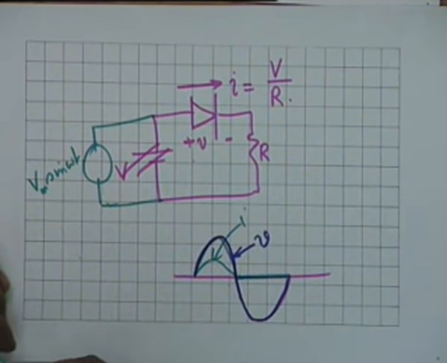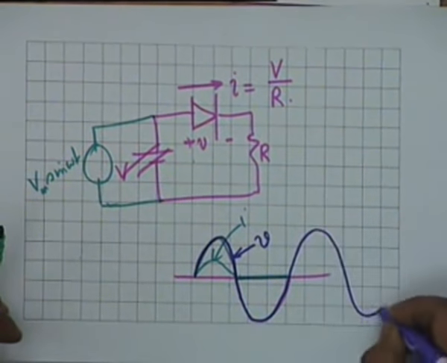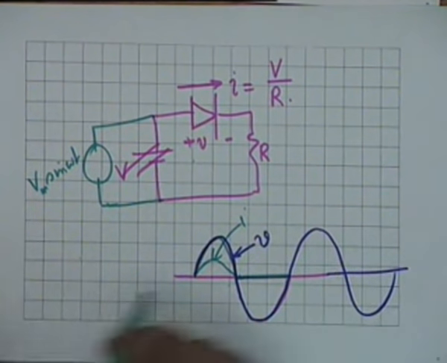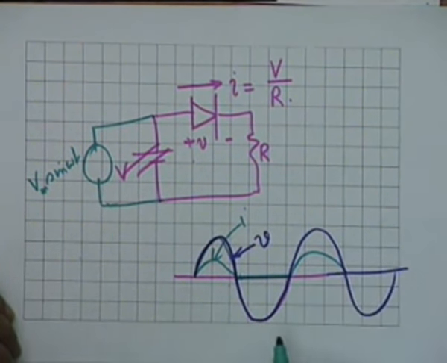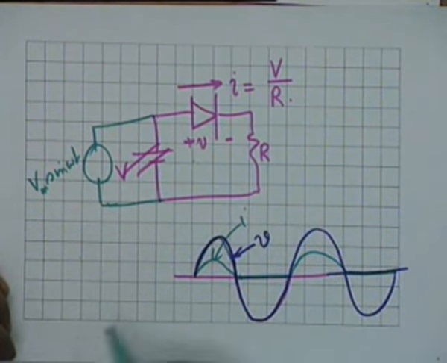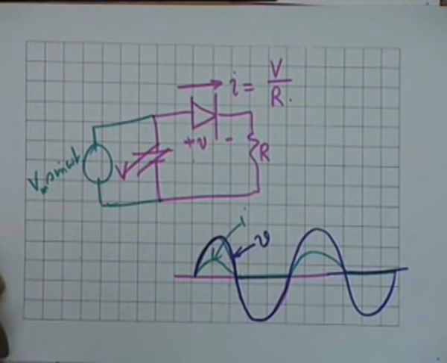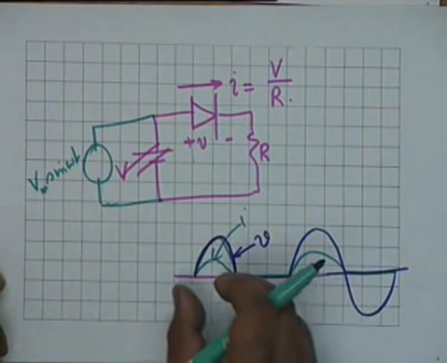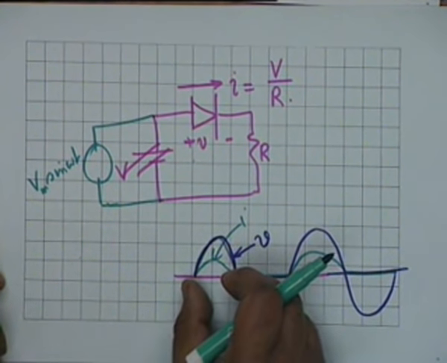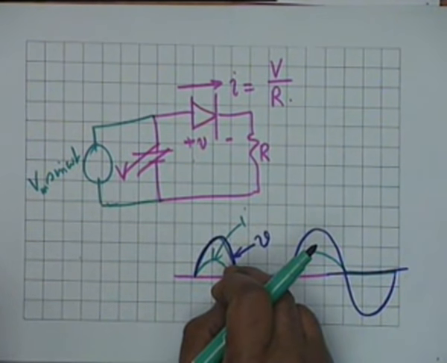Isn't that right? And for the next cycle again, the current shall be positive, current shall flow, and then the current shall not flow. So, if you have an alternating voltage like this, Vm sin omega t, then the current in this circuit is pulsating. It consists of half sinusoid pulses only during the positive half of the voltage.